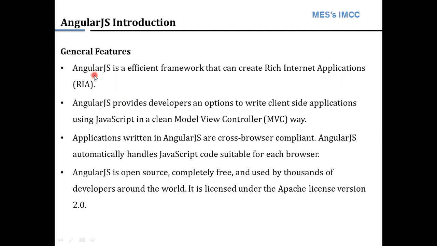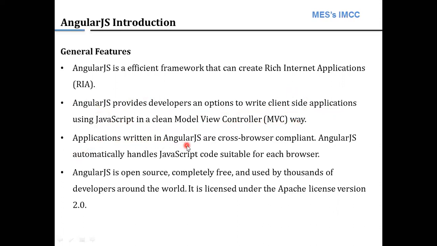What are the general features of AngularJS? AngularJS is an efficient framework that can create rich internet applications, that is RIA. This feature also applies to JavaScript. AngularJS provides developers an option to write client-side applications. As I told you earlier, JavaScript is the client-side scripting language; AngularJS is also client-side, but it is a framework of JavaScript, using JavaScript in a clean model view controller, MVC, way.